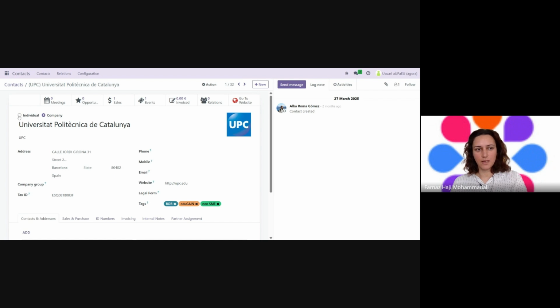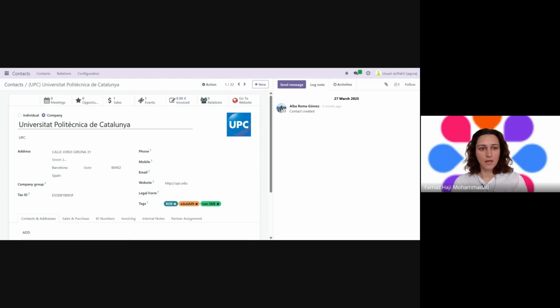First of all, we can choose either individual or company, and here all the information regarding this institution is added. It's very important to keep in mind that the email address chosen here should be the right email address, because it will appear in the event registration form and on the website as well. So if you do not wish to add any email address, you can just remove it, because it will be automatically shown on the website